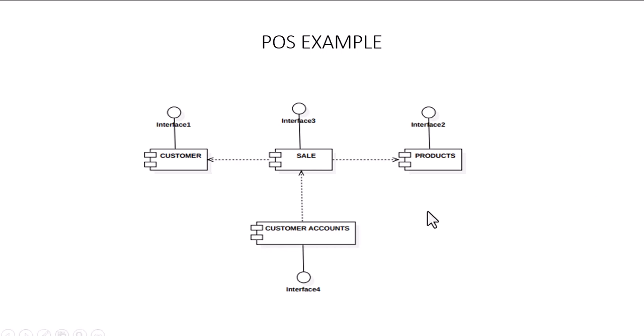Here we have the customer accounts module and the components which depend on it. So these 4 components comprise the sale module, and these are the dedicated interfaces. Through an interface you can access the product. Through separate interfaces you can access each component. So this shows that